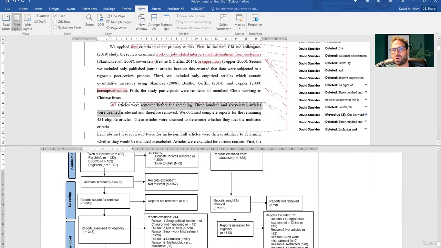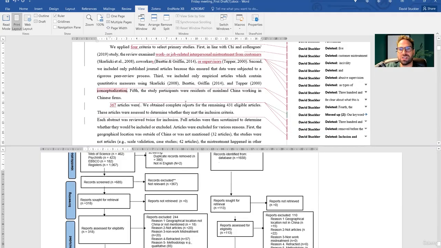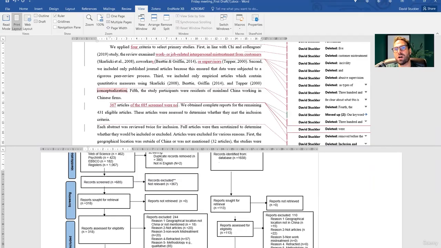3 were irrelevant. Why were these irrelevant? 367 articles of the 685 screened were not related to interpersonal mistreatment or health and well-being, and so were excluded.